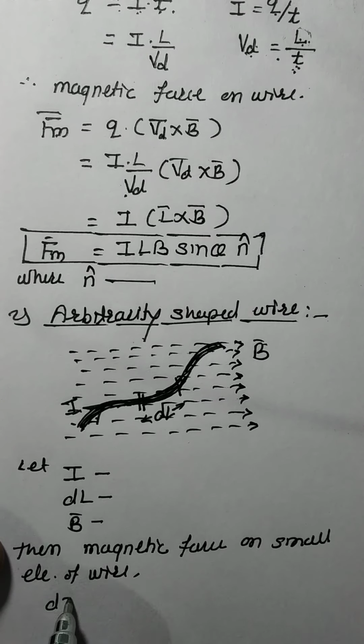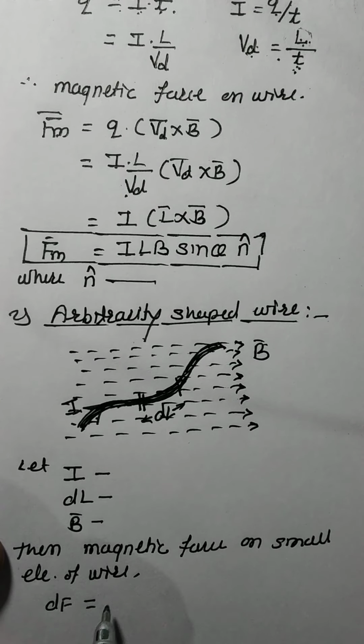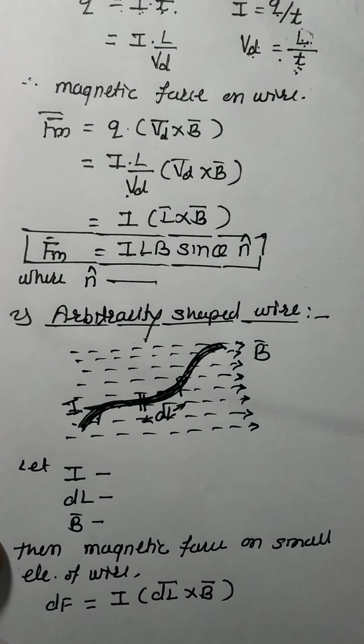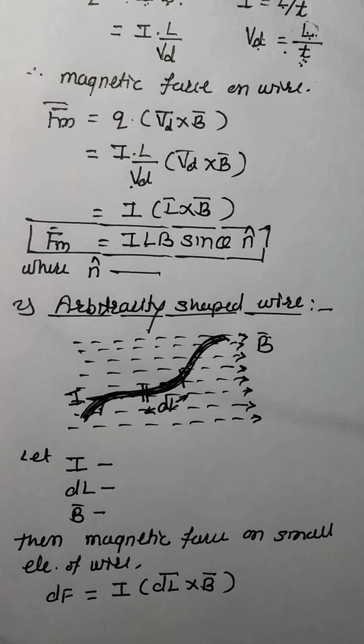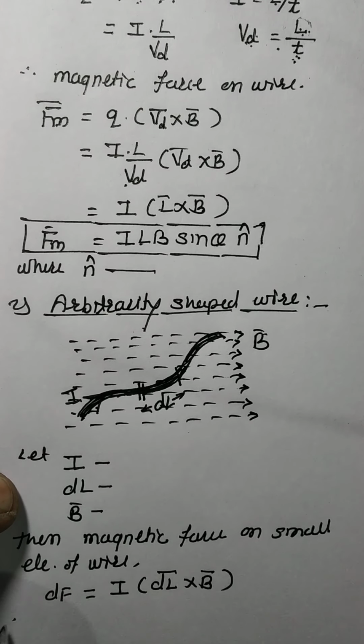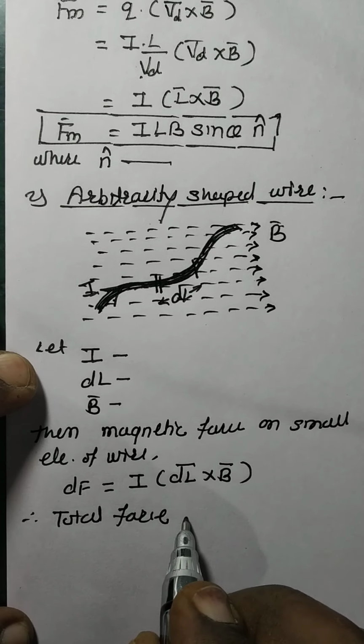Small force DF is equal to, what is force? I into DL cross B. This is the small force on the small length, and therefore the total force on the total wire,